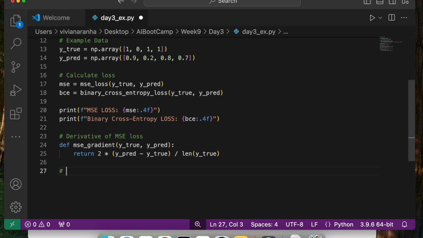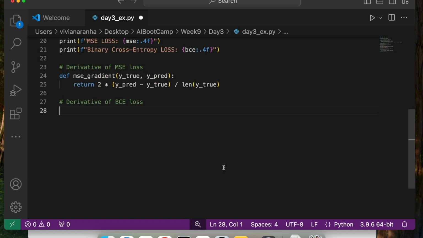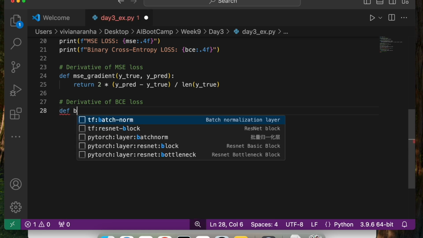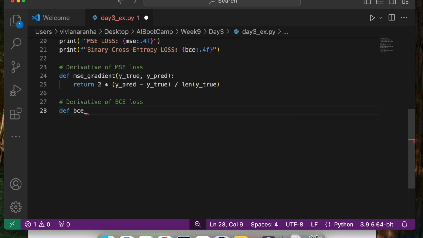Next, let's create a derivative of BCE loss. To do that, I'm going to move up a little bit and I'll say def BCE gradient. This also takes the same parameters.